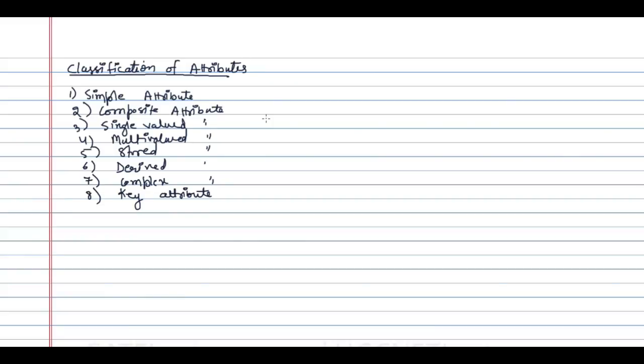Now you can add a few more different types of attributes in this, like we can have something called a descriptive attribute. You don't require all of them, but most of them we require. So the first one is called a simple attribute. Let us take these attributes one by one. Let us identify them one by one.